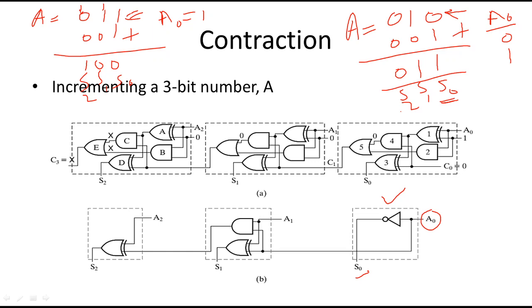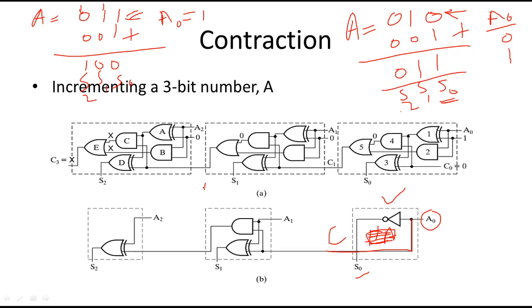The other case is, this is a half adder with C in. It can be used as a half adder, but now we are just simplifying this box. The second output is C or carry. So if A0 is 0, then when we add 1, it doesn't produce any carry, or carry is 0. If A0 is 1, then carry is 1. So A0 is just connected at carry here. So if A0 was 0, then carry would be 0. If A0 is 1, then carry is also 1.